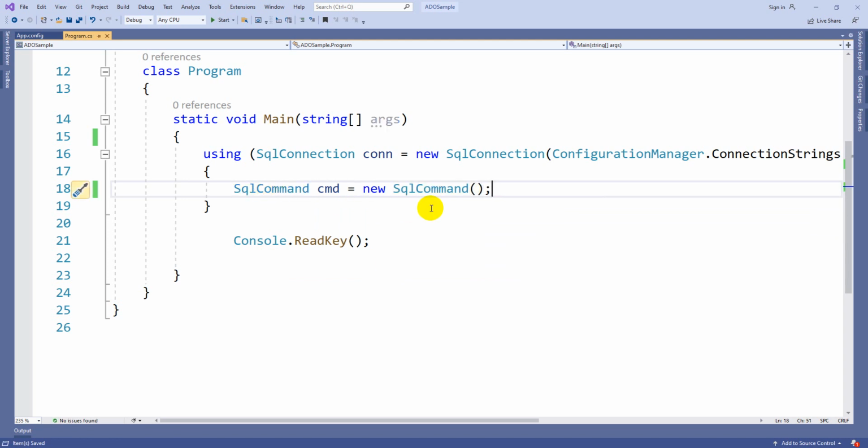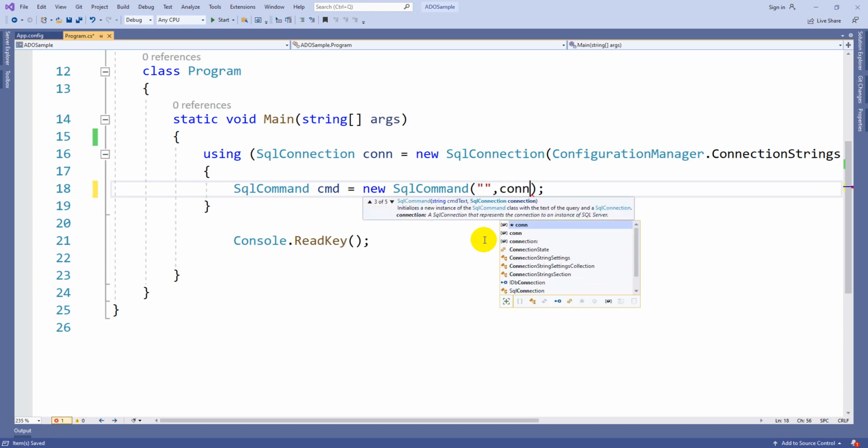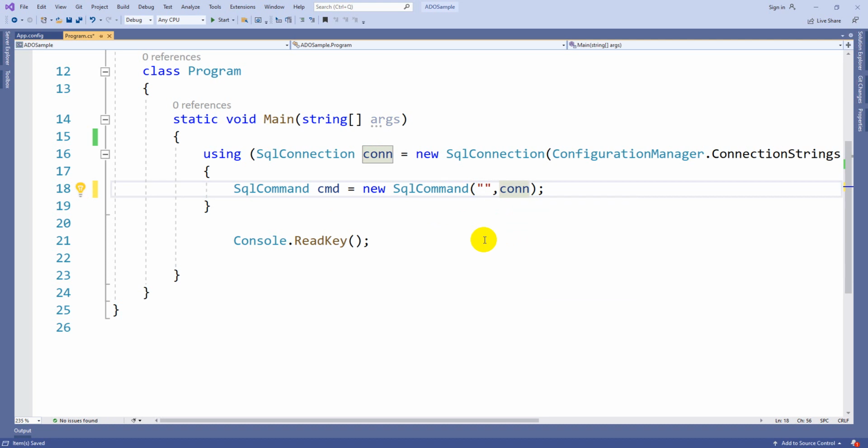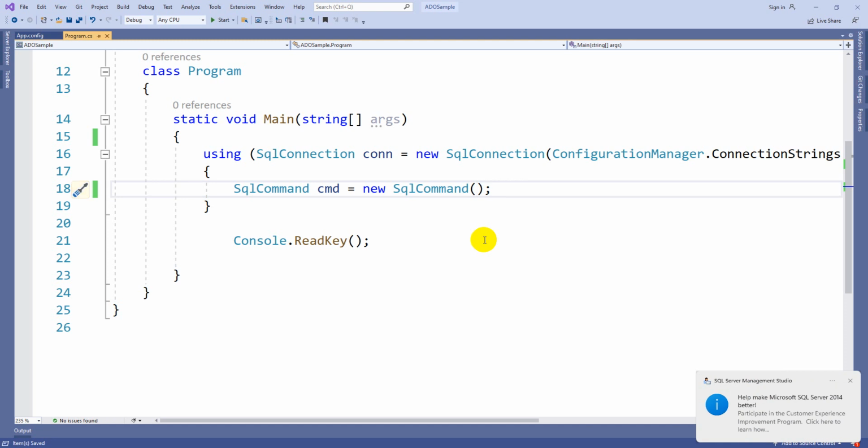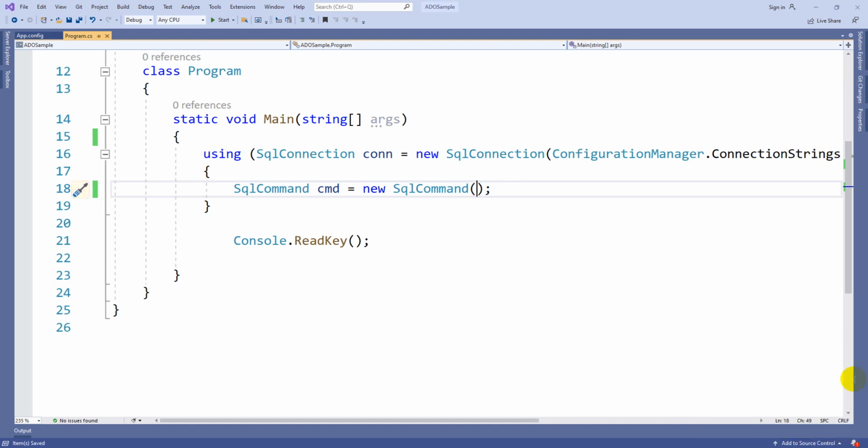Guys, as I said, there are many syntaxes available. Here in double quotes you can write an SQL query and followed by that you can pass the connection. This is one option, but I don't want to use this. I just want to make a common syntax where in future, in case you are trying to execute SQL Server stored procedures also, you should use the same syntax.